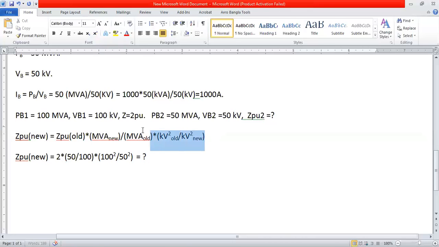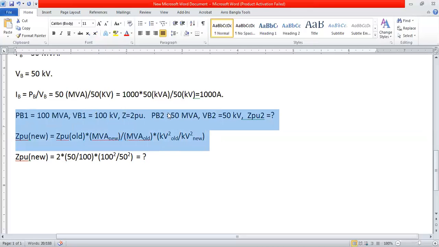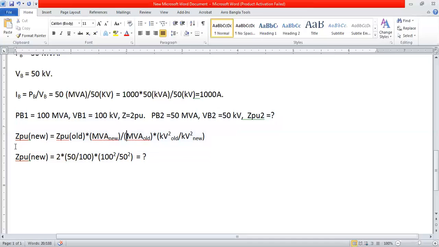সো এই ইকুয়েশনটা তাহলে আমরা কখন ইউজ করব, যখন এই ইকুয়েশনটা ইউজ করার জন্য আমাদের এরকম দুইটা পাওয়ার দেওয়া থাকবে বেস, একটা ওল্ড একটা নিউ। নিউ হবে সেইটা যেটার জন্য আমাকে ইম্পিডেন্সটা বের করতে হবে, আর ওল্ড হবে সেটা যেটার জন্য আমাকে ইম্পিডেন্সের পার ইউনিটের ভ্যালুটা দেওয়া থাকবে, এবং আরো দুইটা বেস ভোল্টেজ দেওয়া থাকবে, একটা ওল্ড একটা নিউ। ওল্ড হচ্ছে সেইটা যে বেস ভ্যালুর জন্য আমাকে ইম্পিডেন্সের বেস পার ইউনিটের ভ্যালুটা দেওয়া আছে, আর নিউ বেস ভোল্টেজ হচ্ছে সেইটা যেটার জন্য আমাকে পার ইউনিট ইম্পিডেন্সের ভ্যালুটা বের করতে হবে। তো তাহলে আমরা তখন এই ইকুয়েশনটা ইউজ করব, এবং এই ইকুয়েশন ইউজ করে আমরা তখন এইভাবে নতুন পার ইউনিট ইম্পিডেন্সটা ক্যালকুলেশন করতে পারবো।